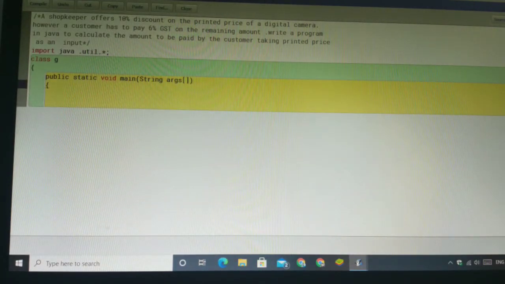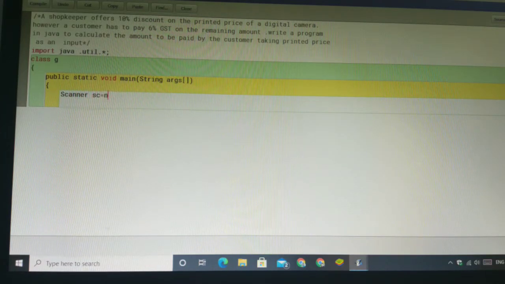After writing the main function and the class keyword, then use variables and the scanner object. First create the scanner object. Scanner sc is equal to new Scanner(System.in); with a semicolon.